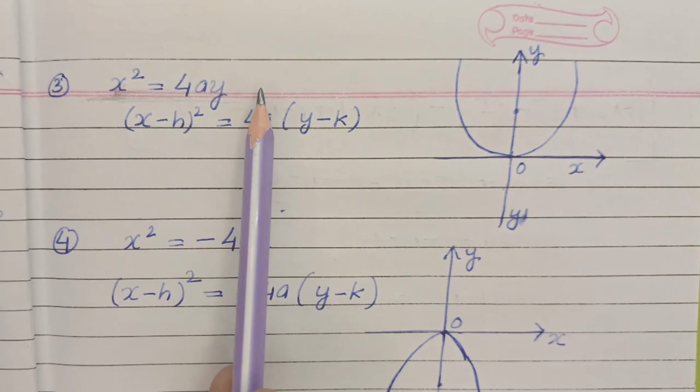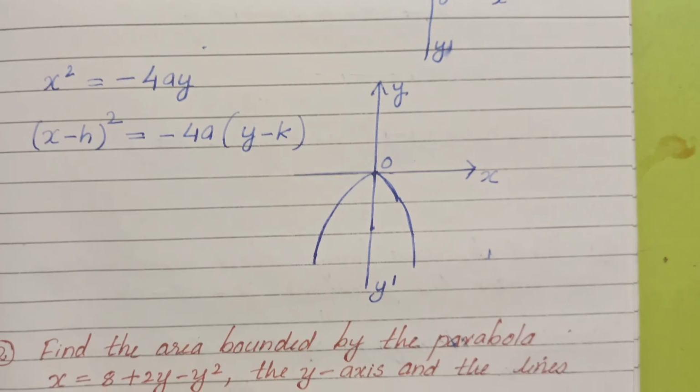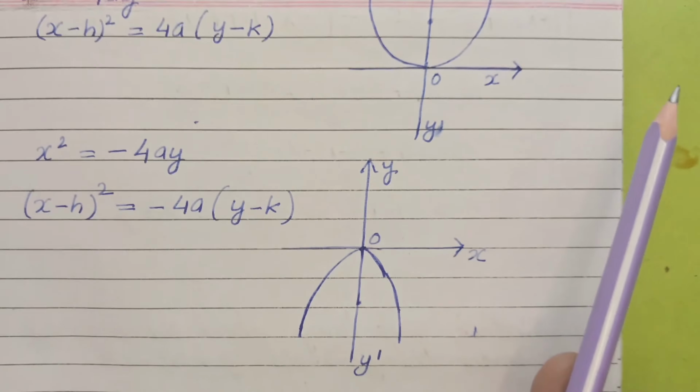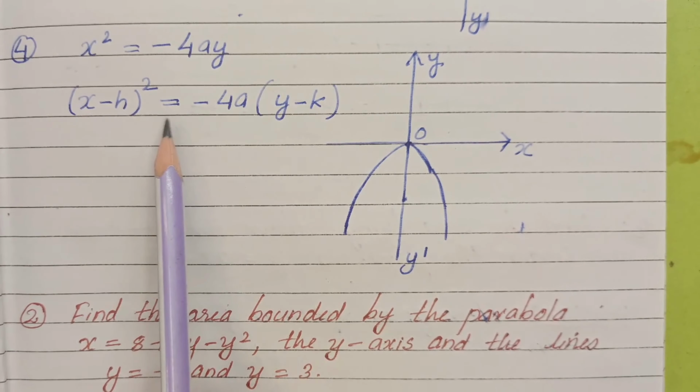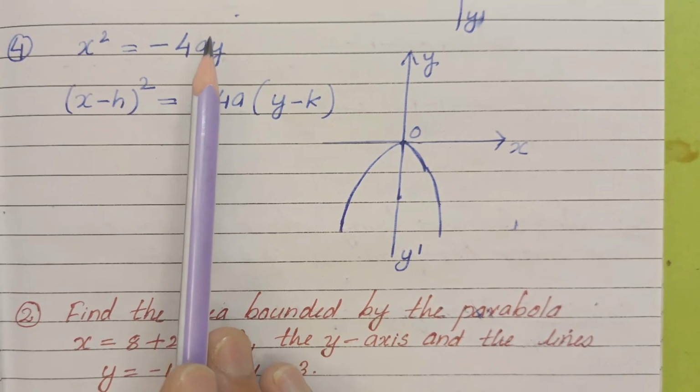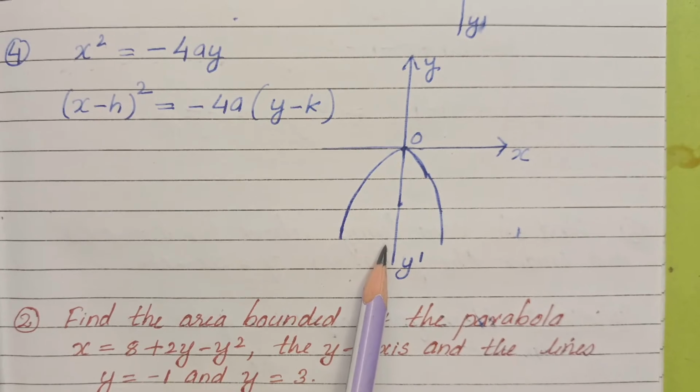That's why the graph comes up like that, as we studied earlier. Then it is just the opposite of what we did just now. If you understand the above, you automatically understand this, because it's just negative. You understand this portion and just put a minus here, and then the thing comes out like this. We get x square is equal to minus 4ay, and then we get this graph. So I hope I've explained clearly how we predict the graphs.